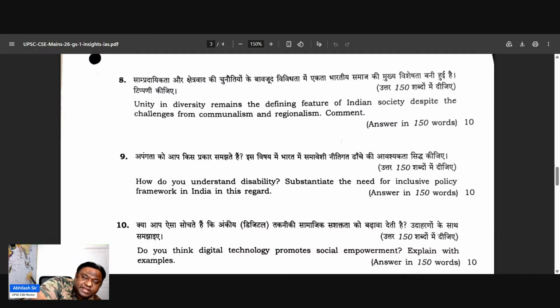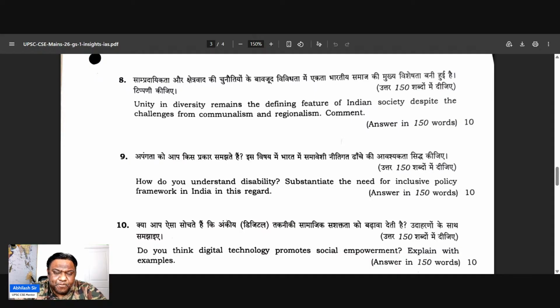एक स्ट्रेट फॉरवर्ड क्वेश्चन आया था, how do you understand disability, substantiate the need for inclusive policy framework in India in this regard. Now, question वही, एक पिछले साल भी around similar question had come, and so I'm sure people who are prepared from last year paper preparation would have been able to write this question with a lot of references of understanding the disability and how government has defined it and how it is included in various aspects of government of India implementation. जहाँ पे ऐसा लगता है कि inclusive, we also include them as a part of governance, as a part of democracy, as a part of whatever. But they are also part of this country and citizens. तो वो चीज़ हम देते हैं, करते हैं, सुधारते हैं।